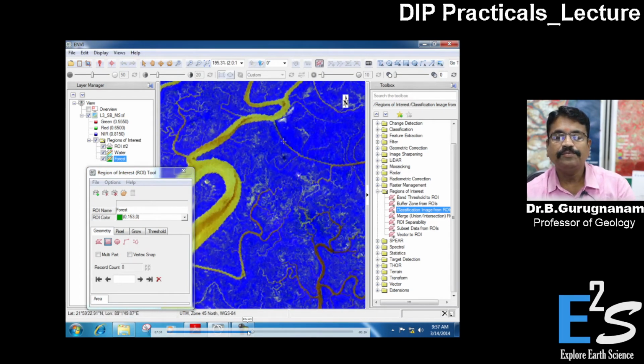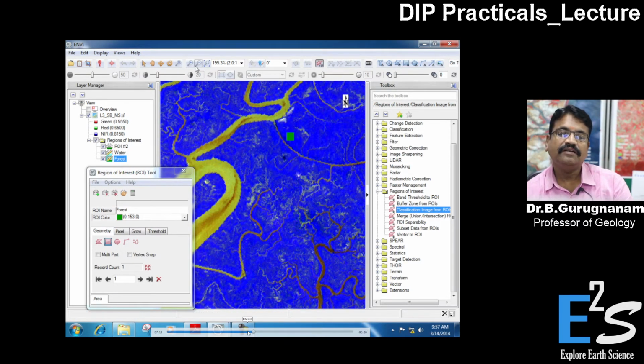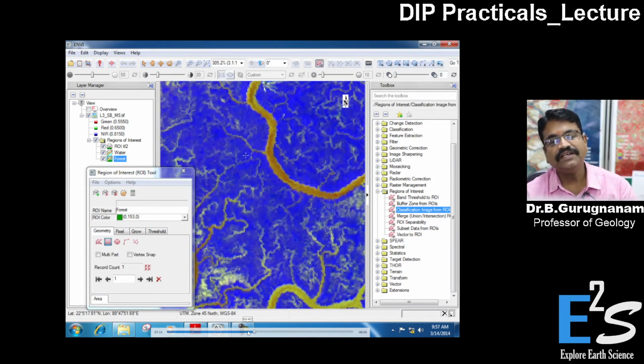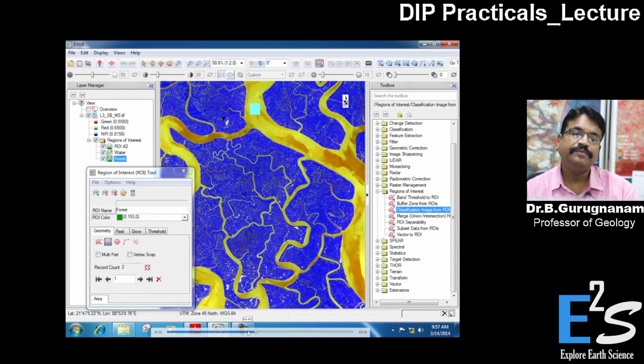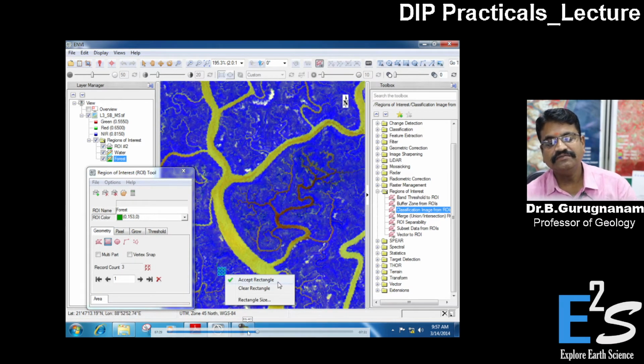Zoom it to the maximum level. You try to zoom it to the maximum, then only you will get an accurate result. Accept rectangle, and try to give as many as possible for a single class, minimum. Suppose your study area is maybe 200 kilometers, give 100 test sites. If your study area is 2000, give 200 or 300 test sites, because randomly you have to select and cover